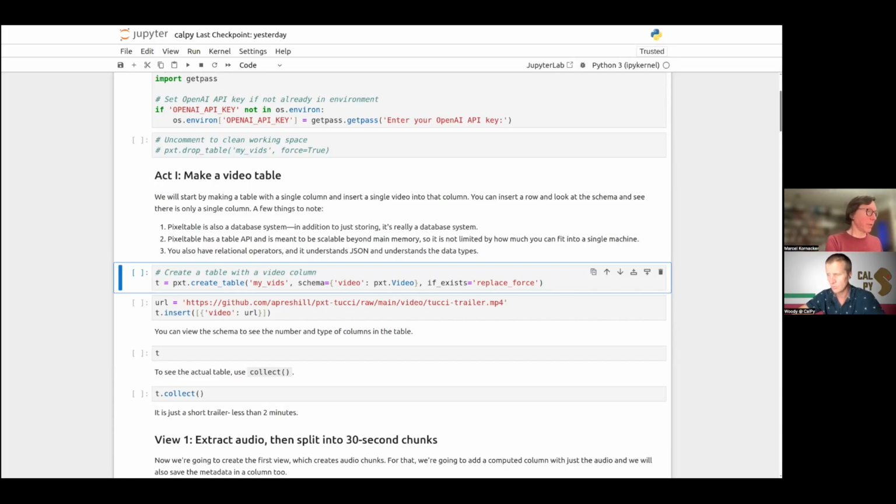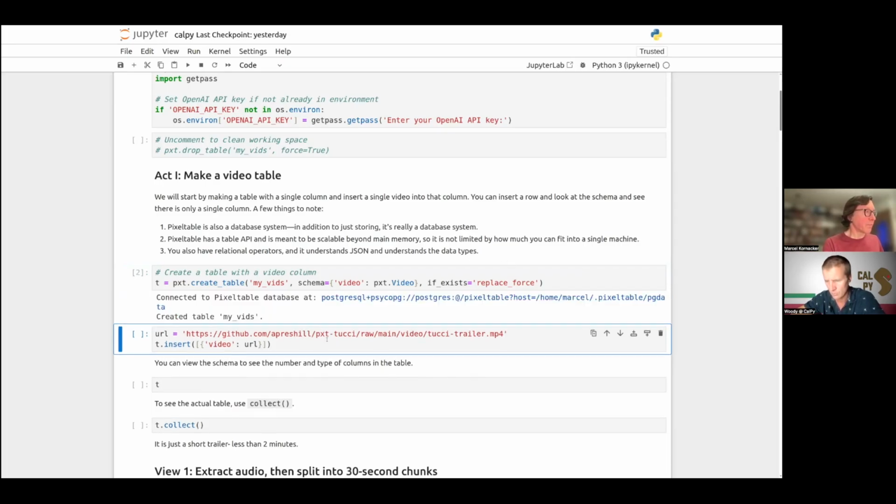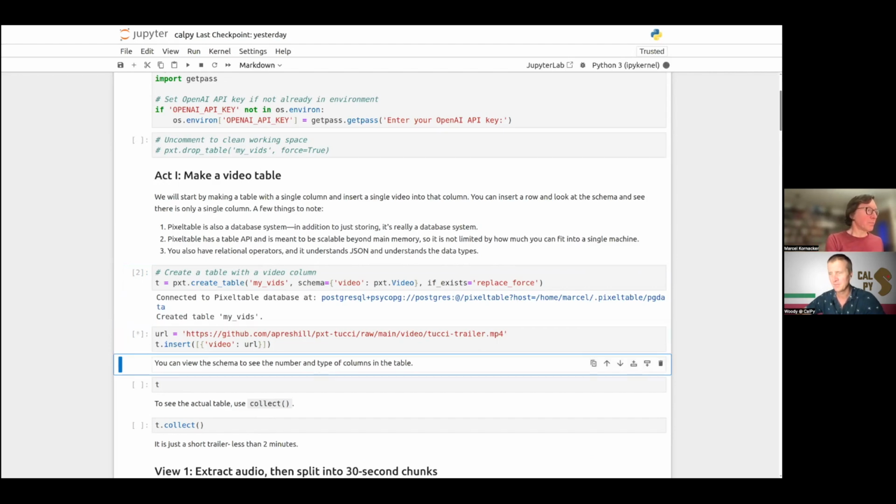We're starting with a table that has a single column, video, and we are now inserting a single row with this URL. This is a trailer for Stanley Tucci's show, something about eating in Italy. So we're going to insert that now.